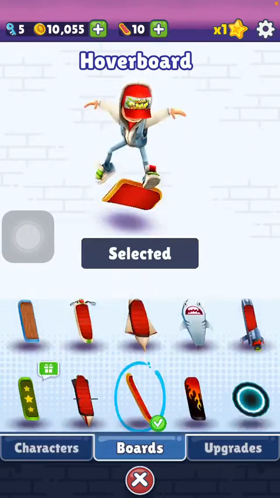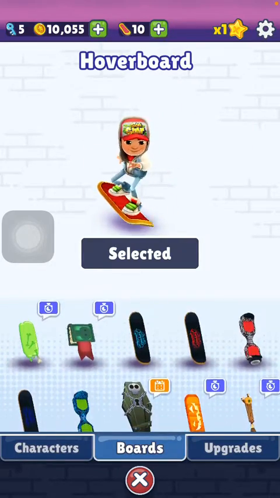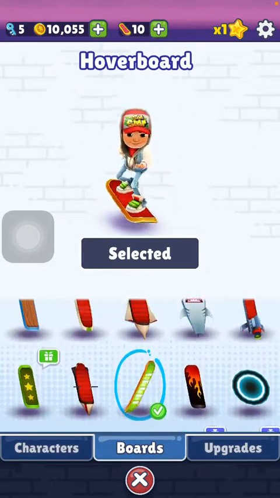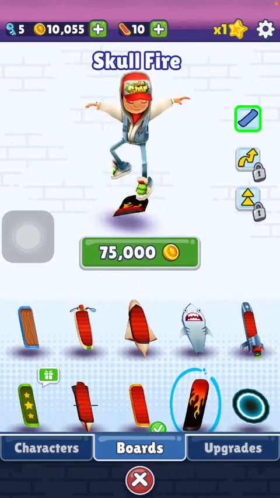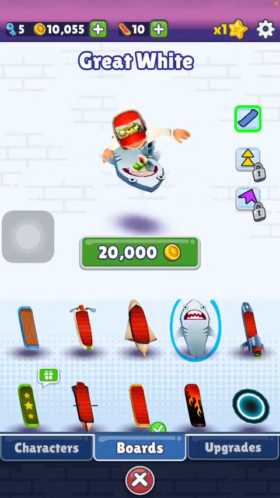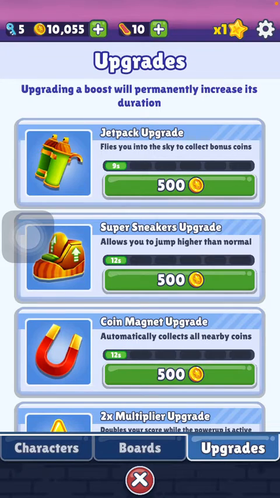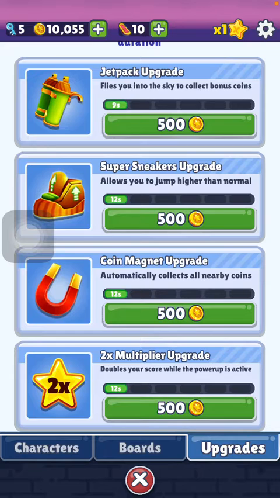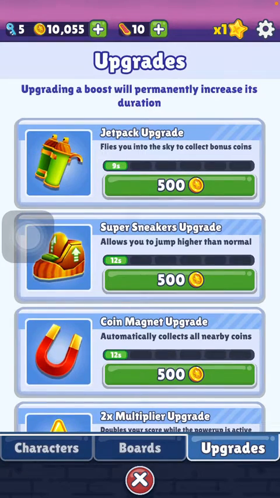And you can also select your board by tapping on the board section. Here you can see the price, and in the upgrade section you can upgrade a boost which will permanently increase its duration. So for example, the jetpack, super sneaker update, coin magnet update, or multiplier upgrade. So if you want to purchase any of these, tap on the price and then it will be